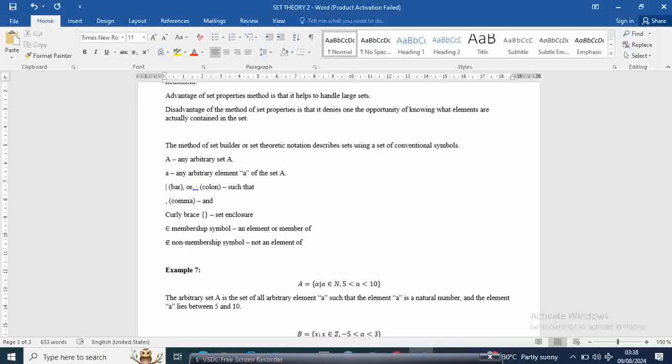The arbitrary set A is the set of all arbitrary elements A such that the element A is a natural number, and my comma will now be read as "and the element A lies between 5 and 10." So if you now want to write out that set, what will that set contain? What are the natural numbers lying between